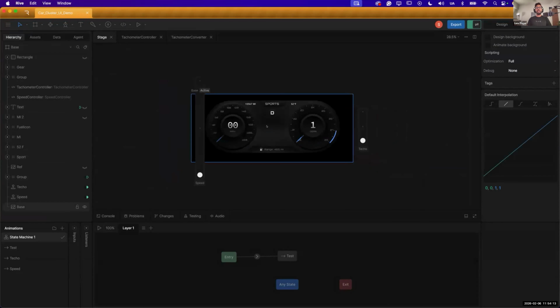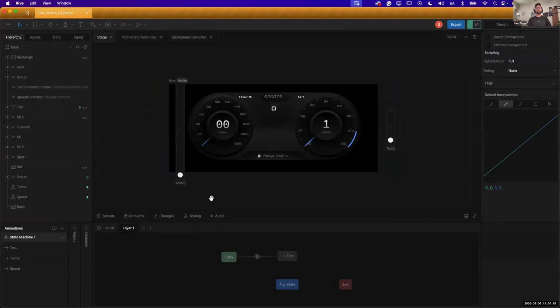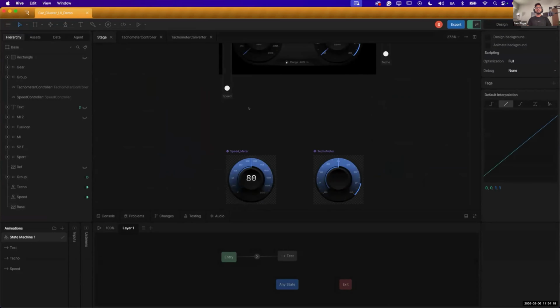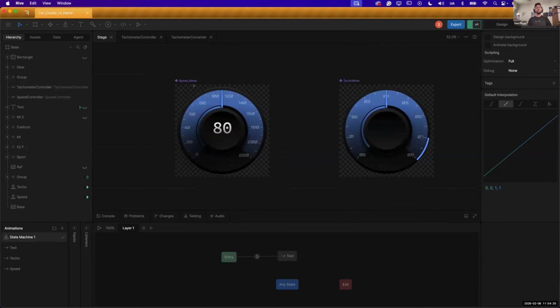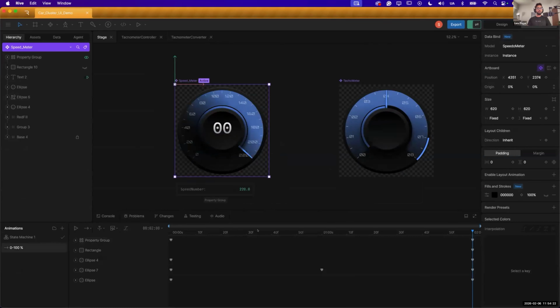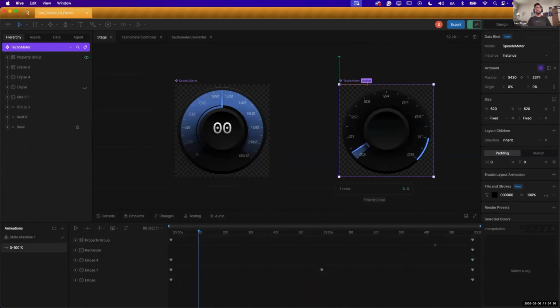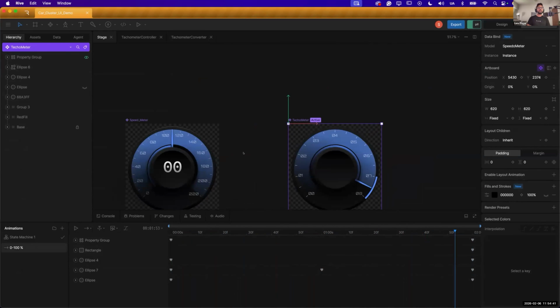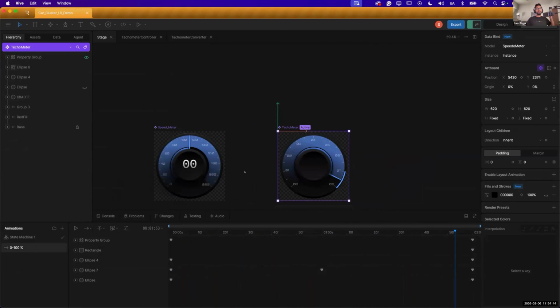So, for example, I have this simple car cluster design, and I am creating a range here from 0 to 100 using just the animation of it from 0 to 100. It's going to go to 220, and same for the tachometer, but I want it to work just like a car instrument cluster where you accelerate and it can decelerate and